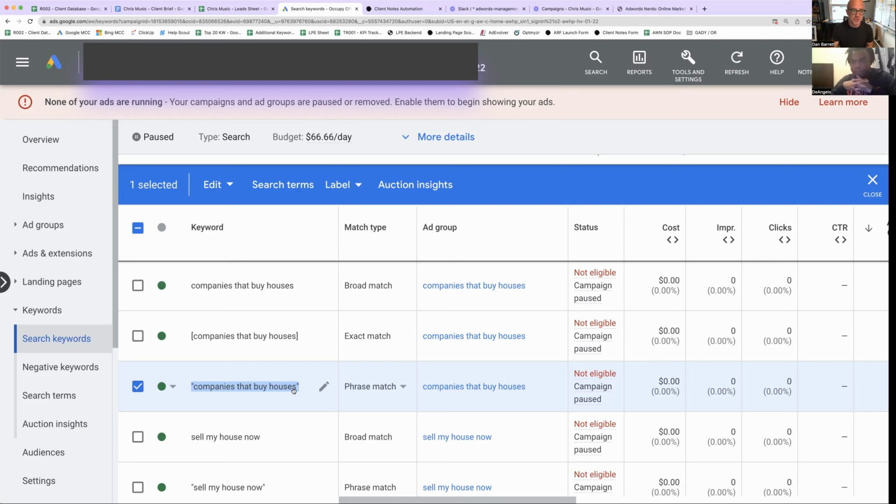What percentage you do doesn't need to be super specific. You'll see in the course, I have lists of keywords that I give people. I usually say, don't overthink it. It's impossible to think of every keyword ahead of time. Just pick the stuff that you think matters. Choose a strategy that makes the most sense for you, whether it's more conservative or more aggressive, and then see what happens. So that's keywords.